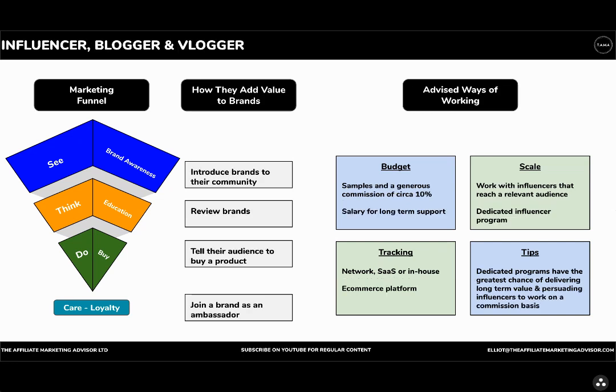Right, so we're going to go through various affiliate types. The slide structure will remain the same: funnel, how they add value, and advised ways of working. I'm going to focus more on the funnel element, and I'll likely touch on advised ways of working, but you can, of course, pause, and I encourage you to revisit this lesson in particular when you are structuring and setting the strategy for each of your affiliate types across